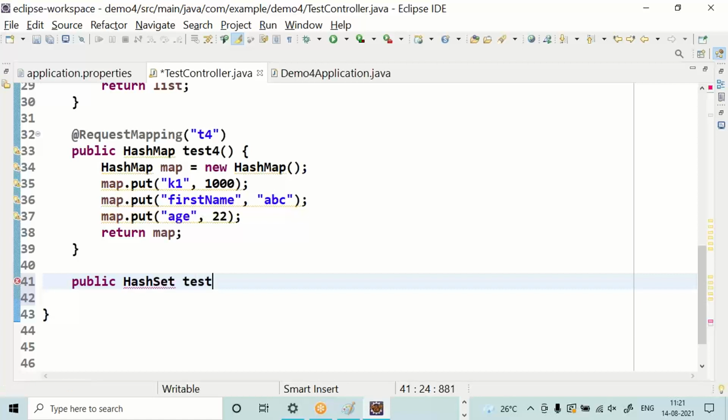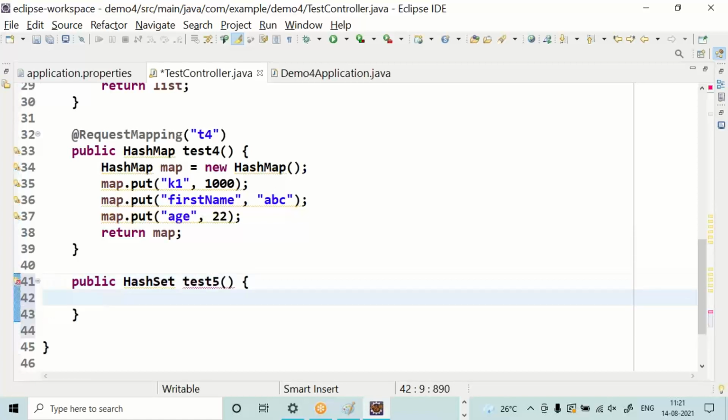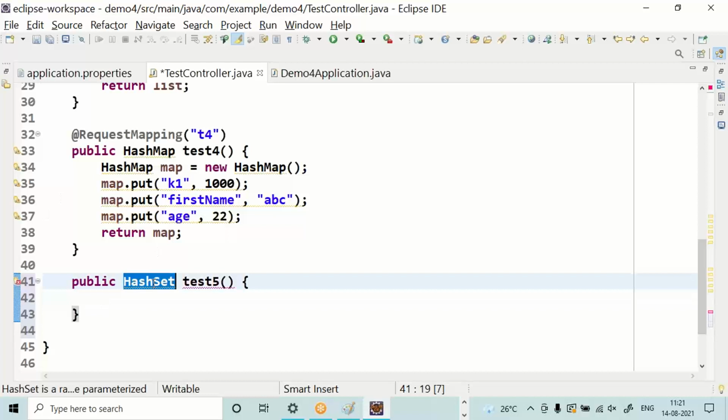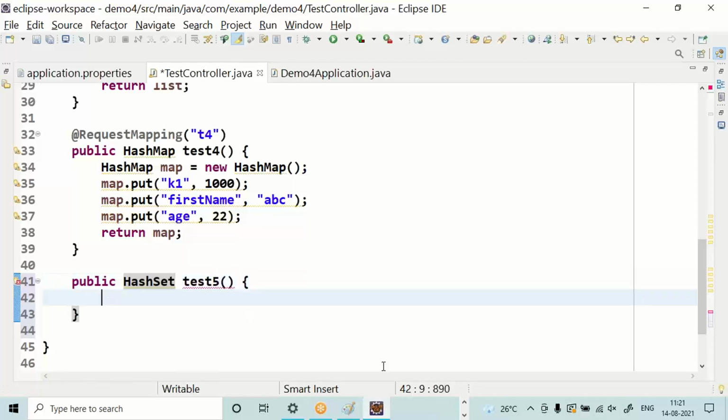Go for test five. You need to import a hash set. It is also from the collection API. Store the data.